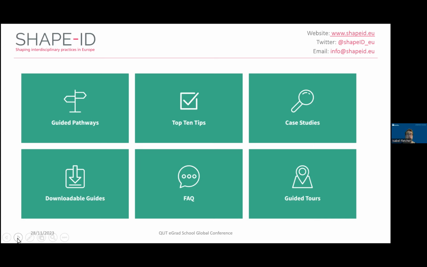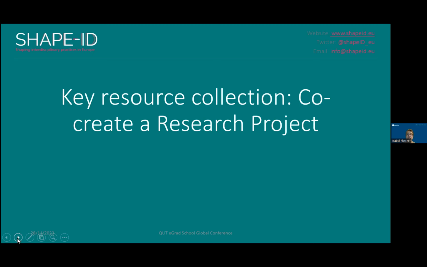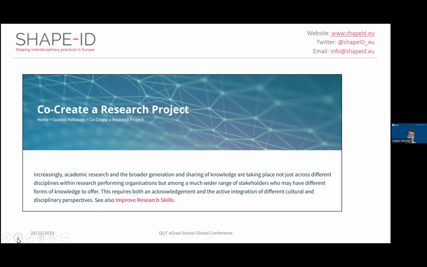And so now I want to go on to talk about a key resource collection that I think would be of most interest to this audience, and that's co-create a research project. So this is what you get if you click on one of those goals. You get a banner headline and a short summary of what the topic is about, what the goal will discuss. And it also suggests other related goals that you may be interested in. And below that,